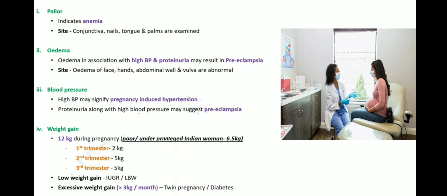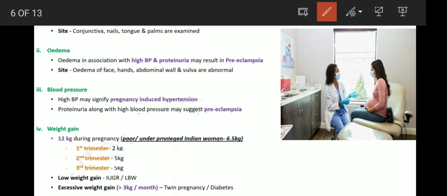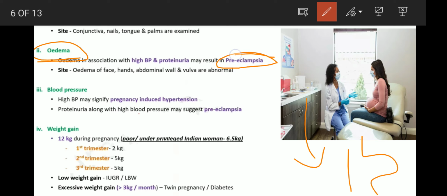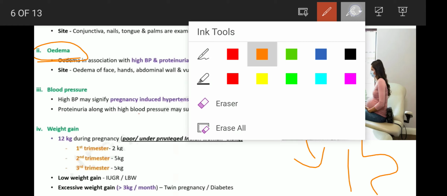pressure. When there is high BP or proteinuria, which can result in preeclampsia. Also, there could be heart diseases in the mother, or anemia could be there. So we have to see that it does not affect the delivery or the baby. So we have to make sure that we treat the preeclampsia. What is preeclampsia, guys? Blood pressure plus proteinuria. We know there are two things.